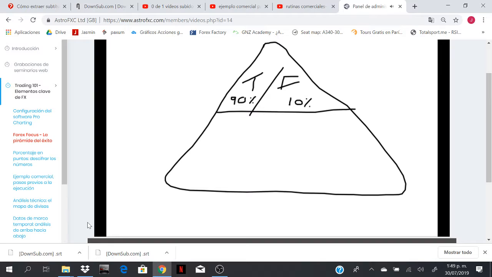After losing time and time again, after jumping from system to system to system, it finally became evident that the market is quite a dark place. What I mean by that is the foreign exchange market is controlled by 80% banks, 80% institutions who are manipulating price left, right, and center. By the end of this course, you're going to have a great insight into this and how it actually works on the charts.